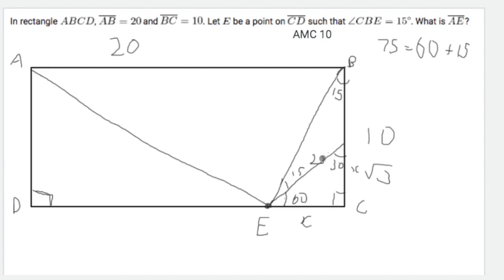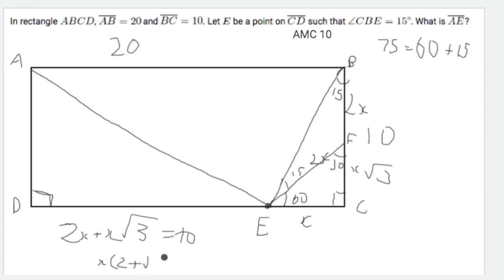And this is where we notice that the triangle we made with two 15-degree angles is just an isosceles triangle, which means the other segment here, pretend this is F, is also 2x. And this means 2x plus x times square root of 3 equals 10. And now we can find x. 2x plus x times the square root of 3 equals 10. Now we're going to factor x in this. x times 2